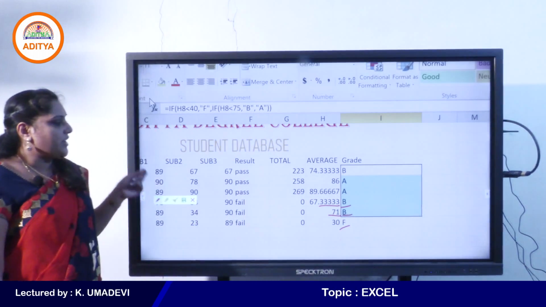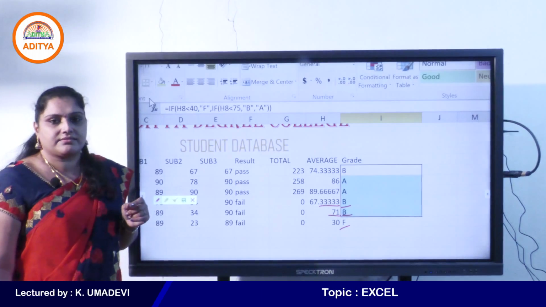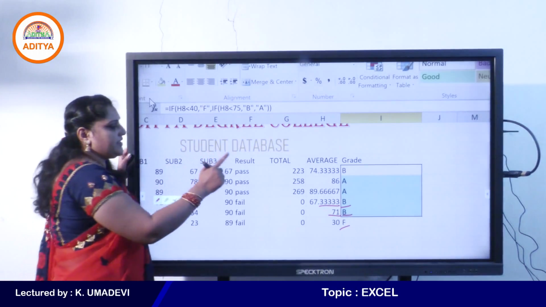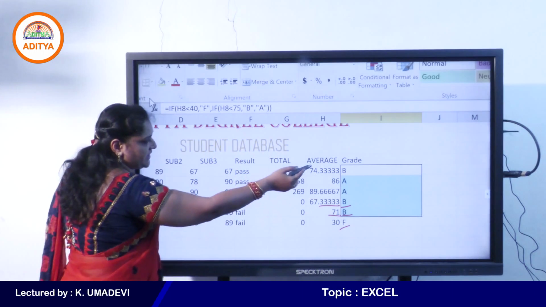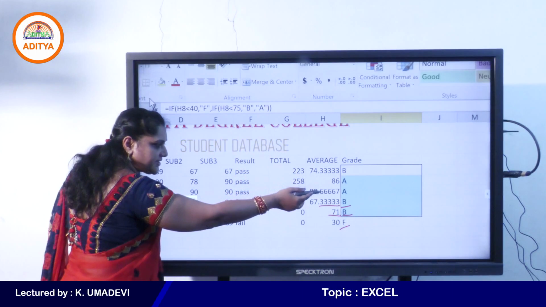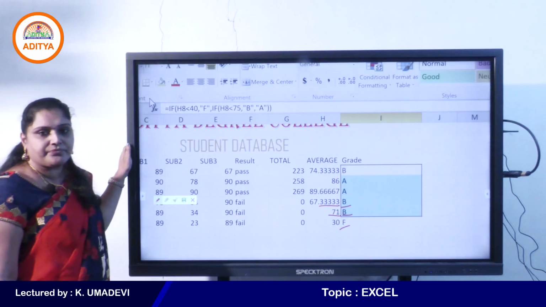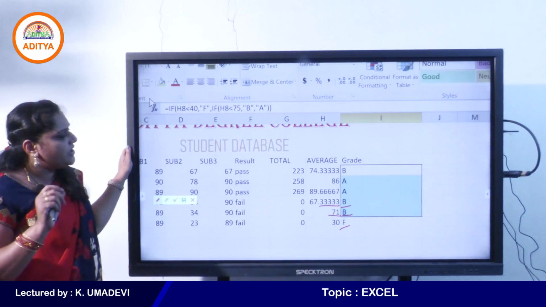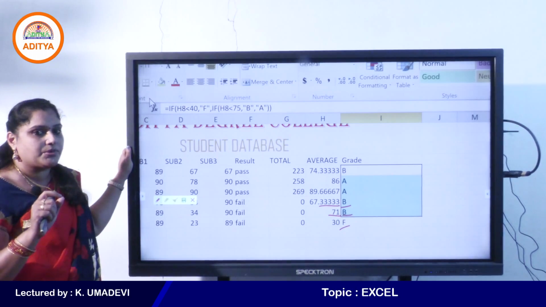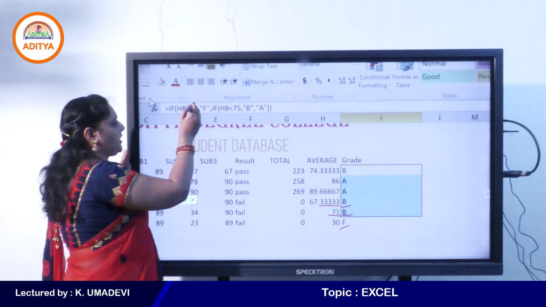Now when coming to the 89.66, this is H8 and this is H9, this is H10 and this is H11. Okay, so the relative reference automatically changes the cell references. So now the H11 value is compared with 40.